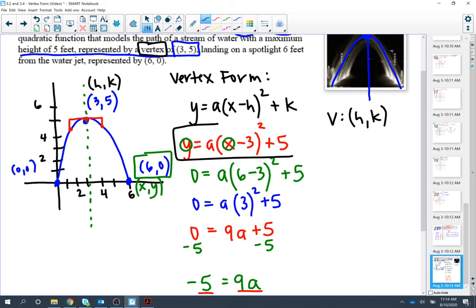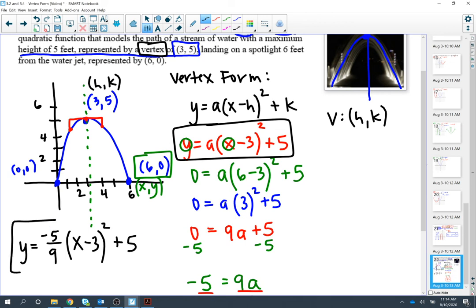You want to go back to this guy. So that guy, I'm going to bring him down over here below my graph, is y equals a. Well, didn't we just find a was negative 5/9 times x minus 3 squared plus 5,